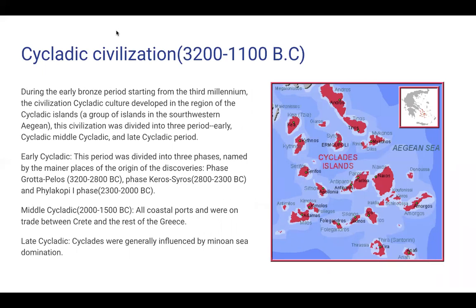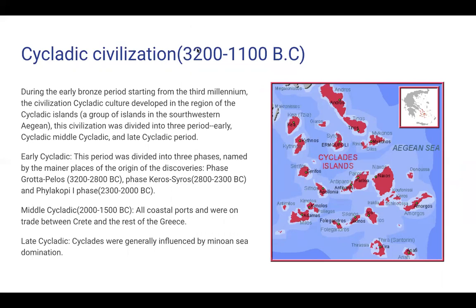Cycladic civilization existed between 3200 and 1100 BC, during the early Bronze Age, starting from the third millennium. The Cycladic culture developed in the region of the Cycladic islands, and the civilization was divided into three periods: early Cycladic, middle Cycladic, and late Cycladic. During the early Cycladic,